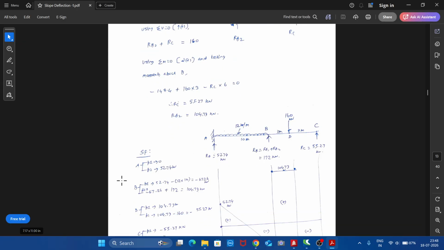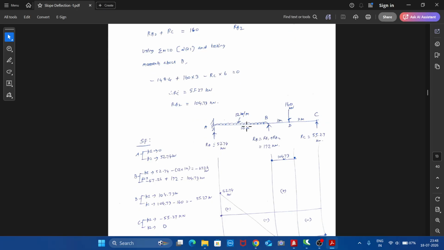At point B we have two positions. Position 1 means stand at B itself and view to the left side. P2, position 2, means stand just to the right of B and view to the left. If you stand at B itself, then the earlier 52.74 will come into play. Then we have this UDL, left down is negative, so minus 12 into 10, which gives minus 67.26 as the